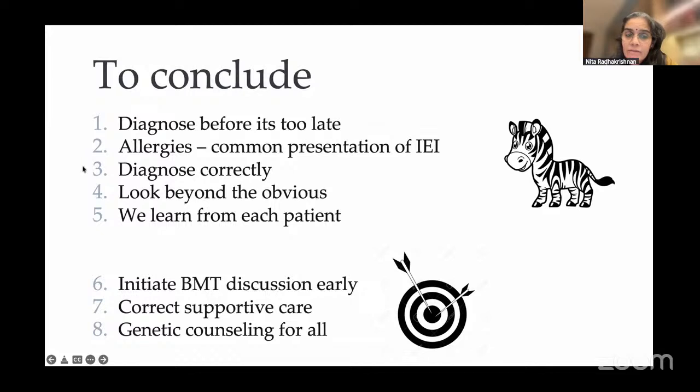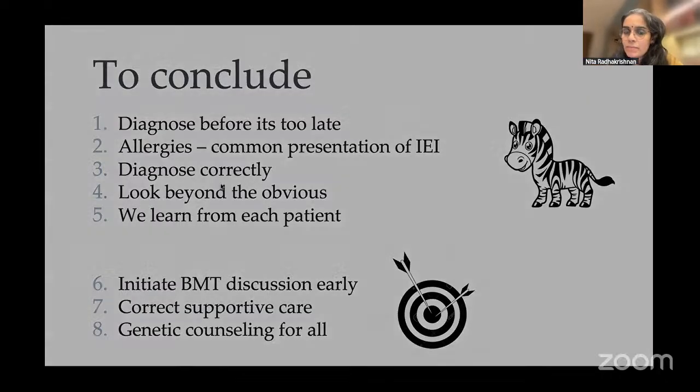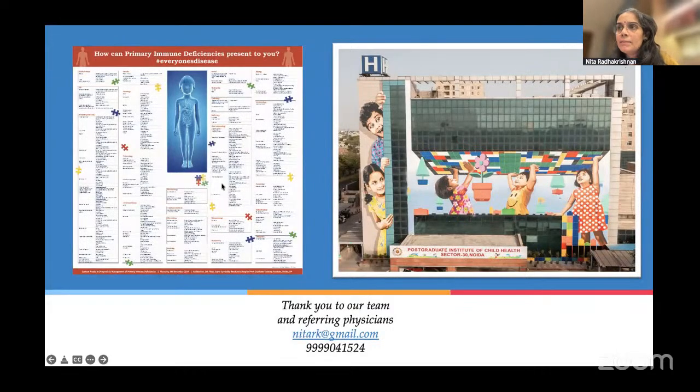And a warning, which is why I've written it this way: with the advent of genetic testing, which is freely available, a lot of variants of uncertain significance get reported, and we really need functional correlation, or the help of our genetics colleagues, to understand whether that mutation is actually the pathogenic one, or whether we have missed another one. I've had a couple of patients who were referred as immune deficiency with a heterozygous mutation in a condition which was autosomal recessive. Later, when the raw data was reanalyzed by our genetics team, it turned out to be something else. So these things are common, and we should not label patients just on the basis of a VUS. I'll stop here, and I'm happy to take any questions.